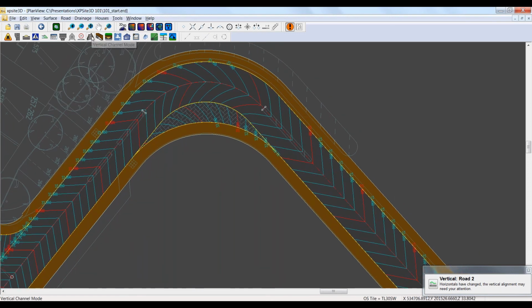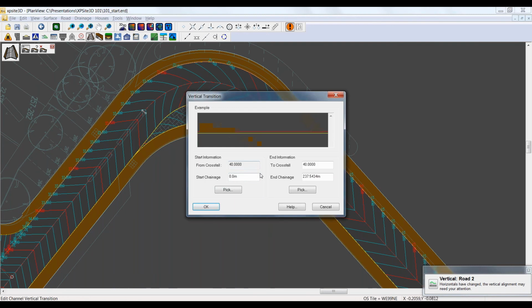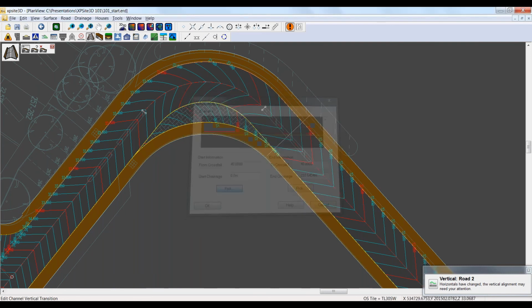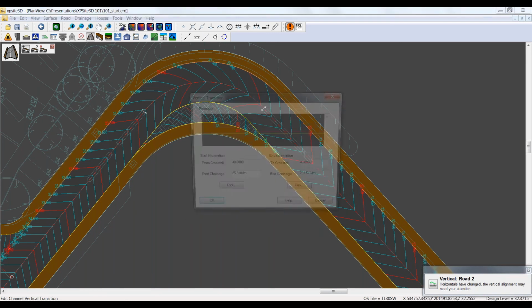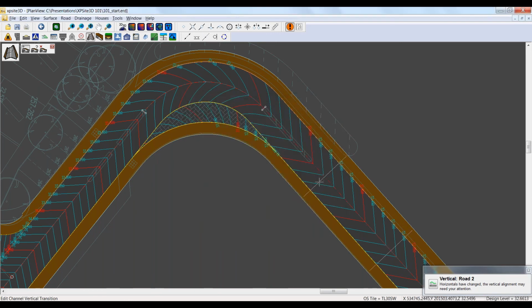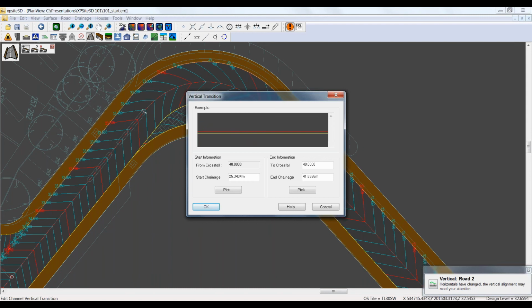I pick my super elevation button and pick that I want to make a new transition. What it's asking me now is to firstly pick which side of the carriageway I'm going to manipulate. So obviously it's going to be the outside, so I can pick any point along this line. So I pick that line, and it's asking me where it wants that transition to start. So I pick my start chainage, maybe down here, pick my end chainage here,